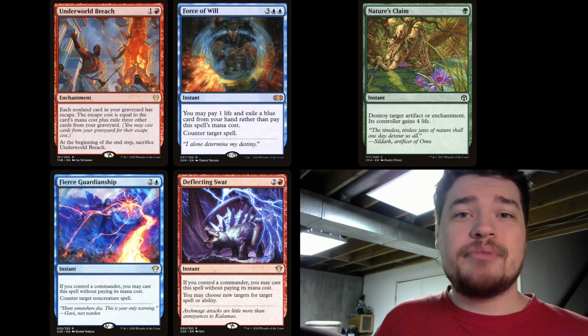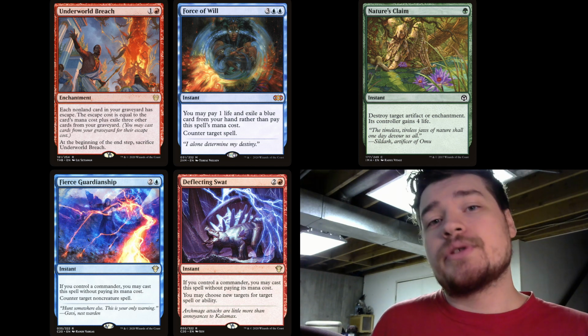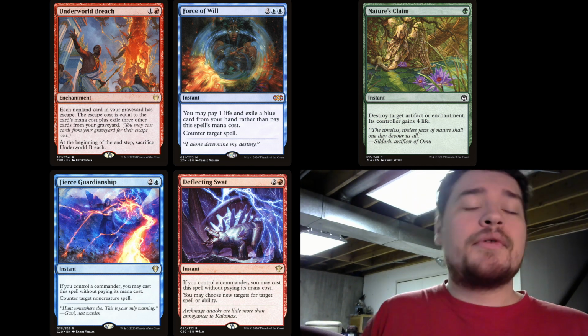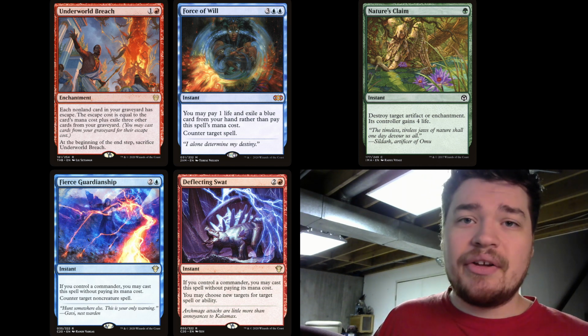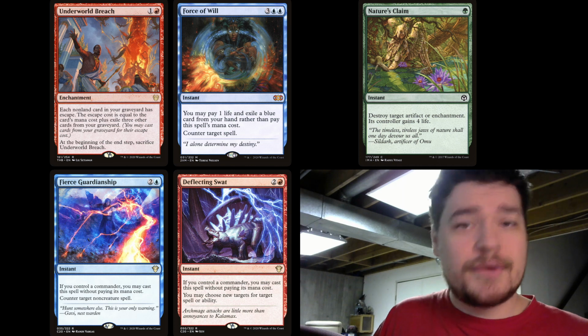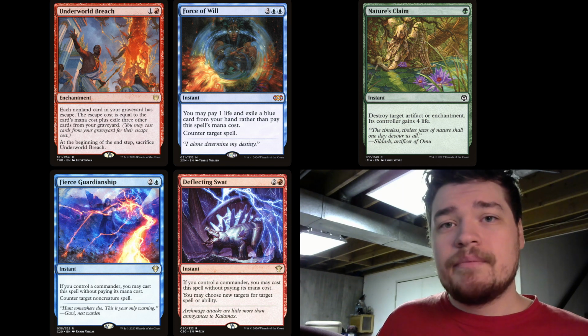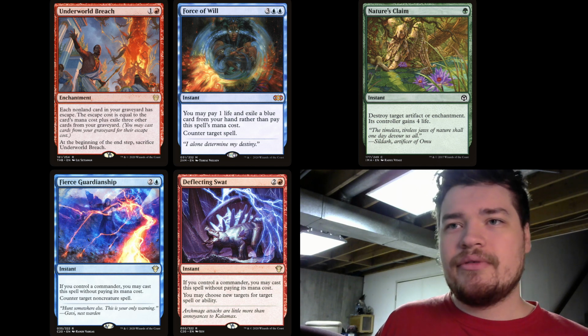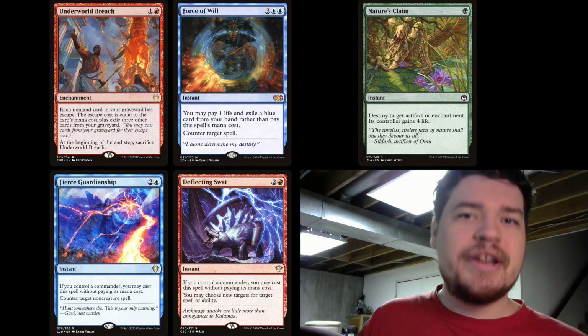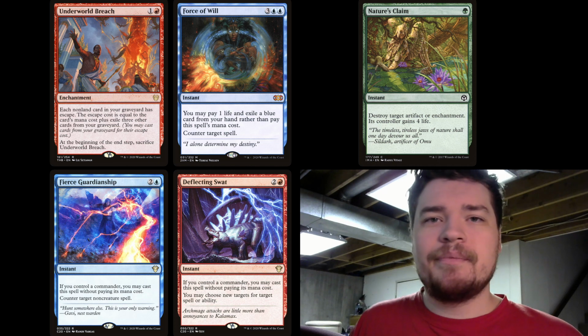Number 2, this one's a really big one. And it's the interaction between Underworld Breach and alternate costs. Now for this example, I want you to take a look at the cards Underworld Breach, Deflecting Swat, Fierce Guardianship, and Force of Will. Now let's say somebody has Underworld Breach and you want to remove it. Let's say you have Boseiju, Who Endures, or a Nature's Claim is probably better for this example.